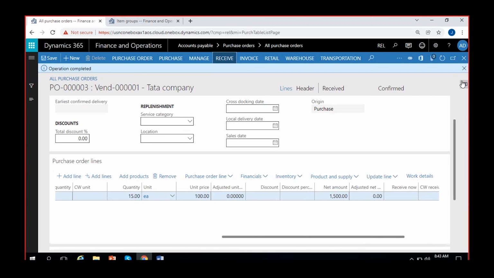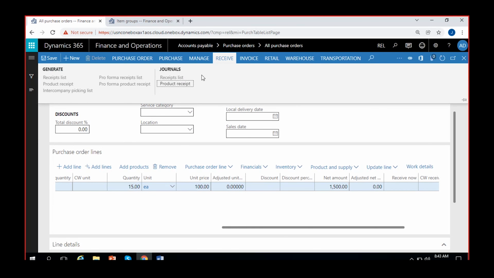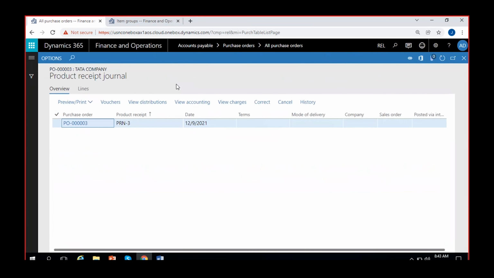So here all of them are received now, 15 quantity, and the order status changed to received, as you can see here. I can see the product receipt by clicking here, receive and product receipt. So that is posted here already. Product receipt number 3. If I go to voucher,